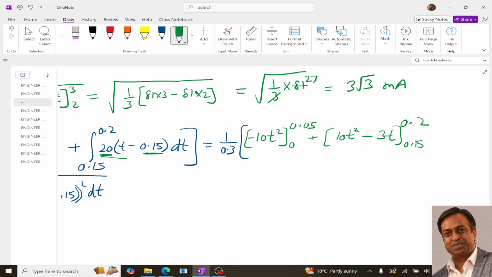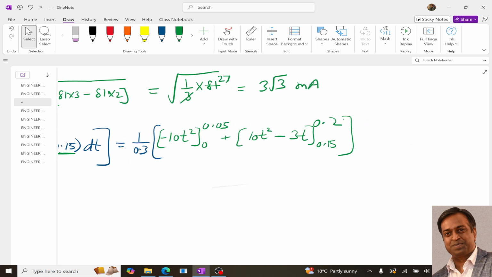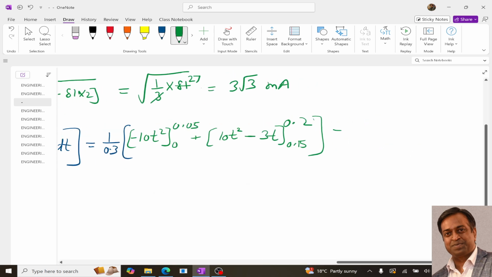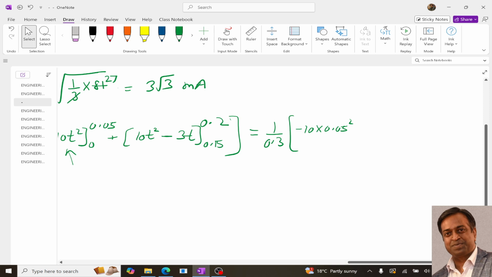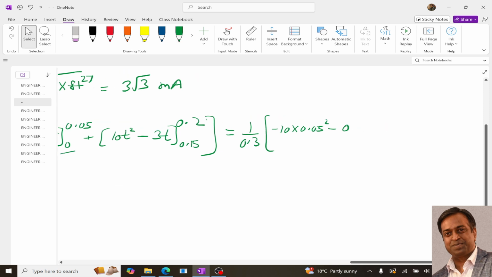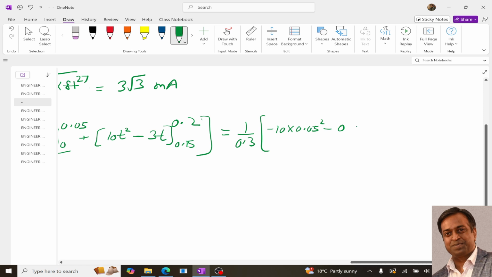Okay, now solving this further, 1 upon 0.3. The first term will be minus 10 into 0.05 square, right? Minus 0, because of this 0 it will be 0. Then plus,